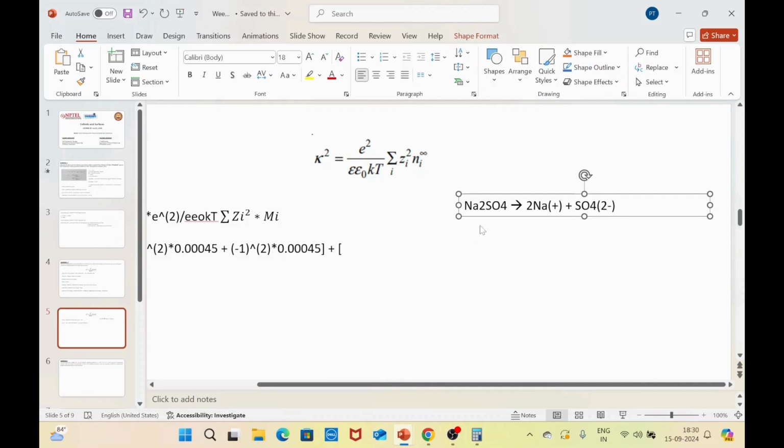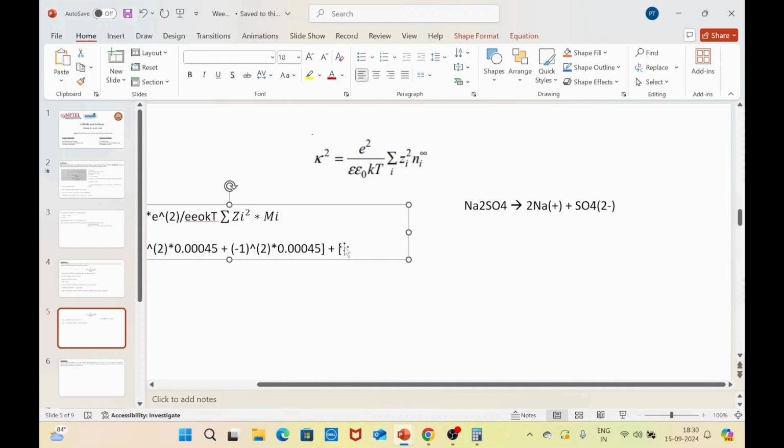So for every 1 mole of Na2SO4, there will be 2 Na plus ions and 1 SO4 2 minus ion. So for these kinds of compounds, when you write this Zi square,